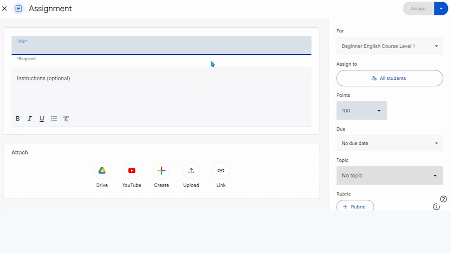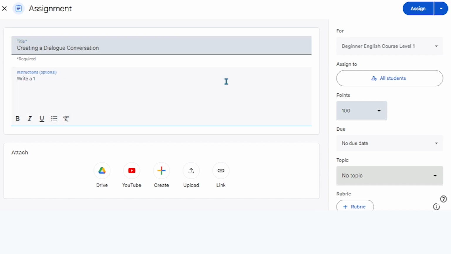After that, create a title for the assignment. For example, creating a dialogue conversation, so students clearly understand the task name. Then write the detailed instructions for the creating a dialogue conversation task in the description box, explaining what students need to prepare and submit. If you see no due date under the assignment settings, click it to set the deadline